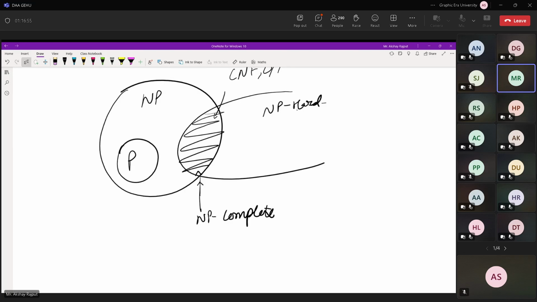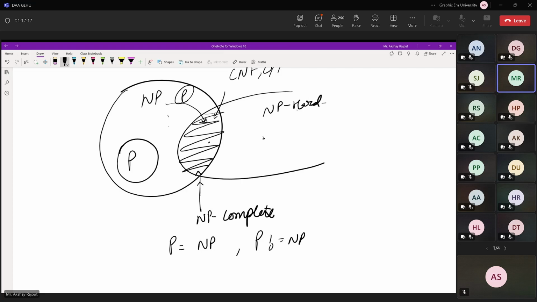ये चीज होती है पूरी पी, एनपी, एनपी हार्ड। अब यहाँ पे लड़ाई होती है वेदर पी इक्वल्स टू एनपी प्रूफ करने की या पी नॉट इक्वल्स टू एनपी प्रूफ करने की। देखो पी इक्वल्स टू एनपी प्रूफ करना है, एक एनपी कंप्लीट प्रॉब्लम उठाओ या एनपी हार्ड प्रॉब्लम उठाओ, उसका पॉलिनोमियल टाइम सॉल्यूशन निकाल दो।